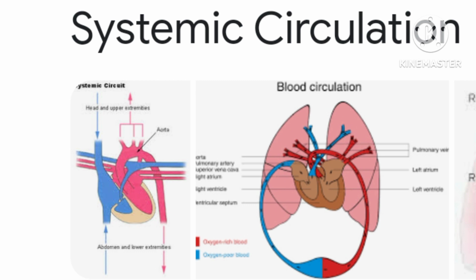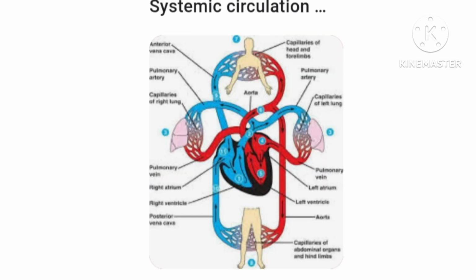The systemic circulation. Systemic circulation is the movement of oxygenated blood from the heart to the different parts of the body. The systemic circulation starts from the left atrium that receives the oxygenated blood from the lungs. When the left atrium contracts, the blood goes to the left ventricle. As the blood moves from the left atrium to the left ventricle, the bicuspid valve or mitral valve between them